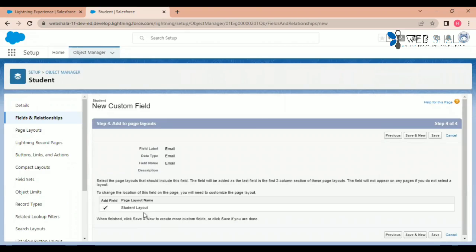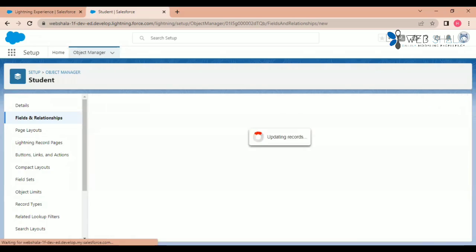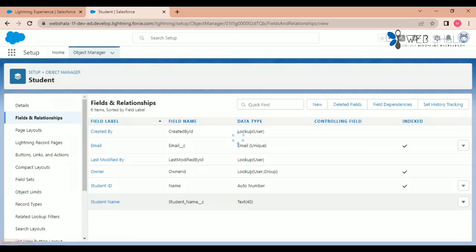Next, add it to the student page layout. Then click on Save. Updating record. So the student email